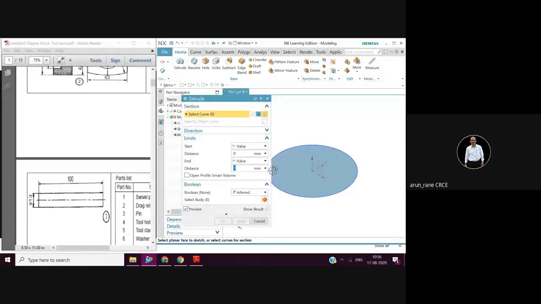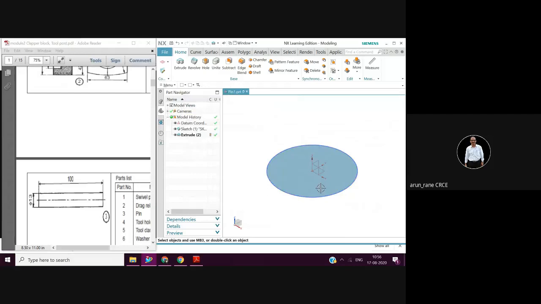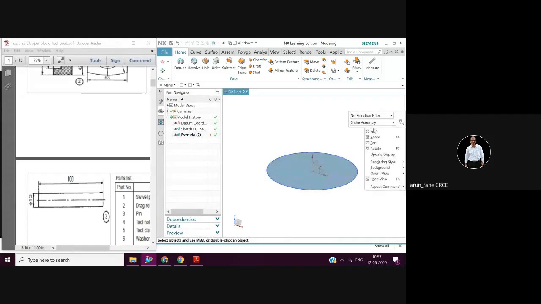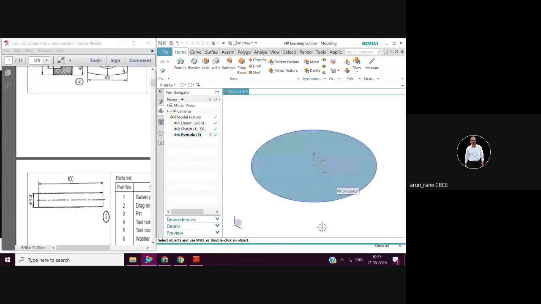I'll say extrude, and I will orient view, orient.